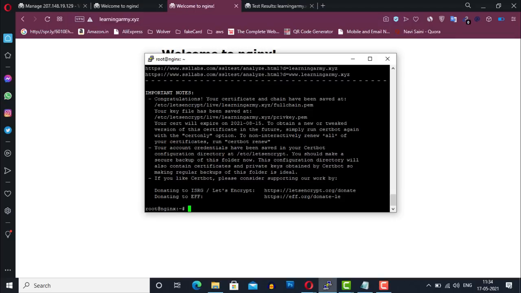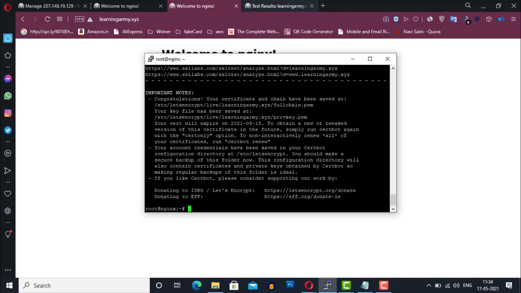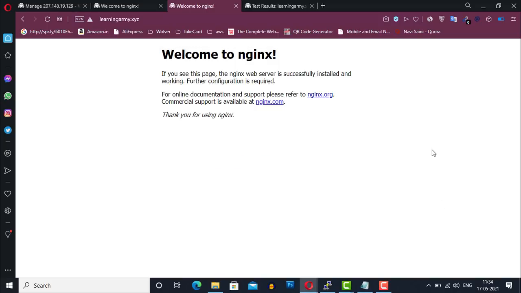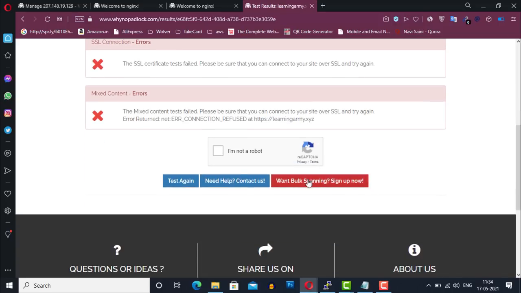Perfect. Our SSL certificate is downloaded and installed successfully. And you can see the congratulations message. Also you can see the certificate's file location. Now let's test our certificate. Let me show you the secured version in the Why No Padlock tool. So again solve this CAPTCHA to retest and click on the Test Again button.